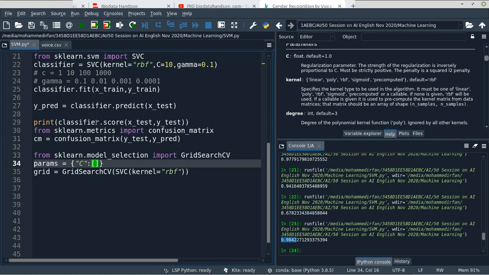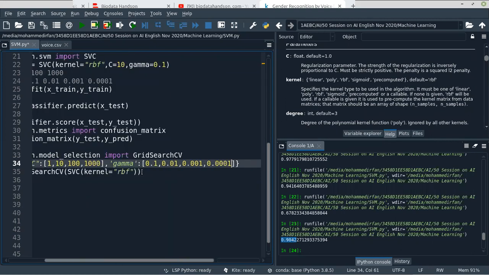Let's say I want to give 1, 10, 100, 1000. The next parameter is gamma, and for gamma I will give 0.1, 0.01, 0.001, 0.0001.